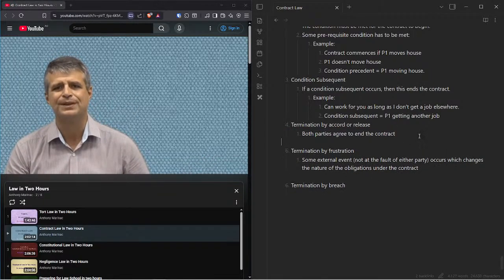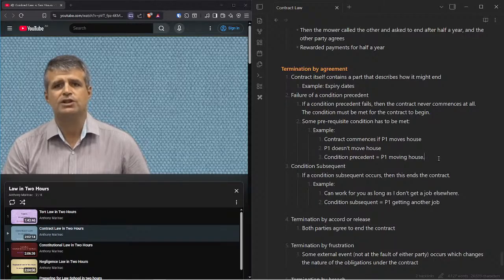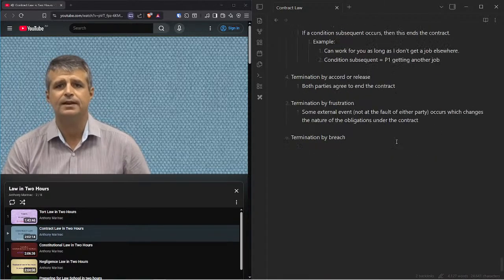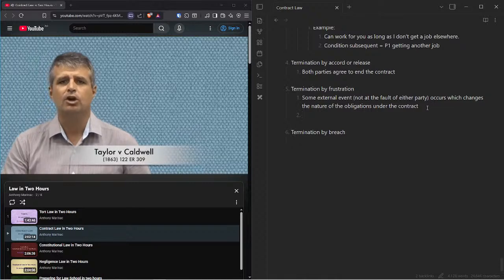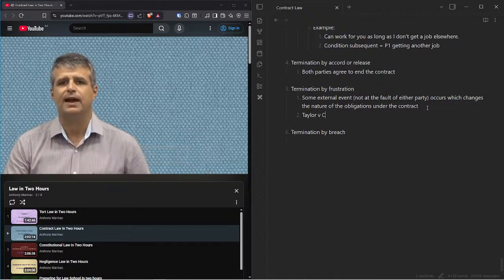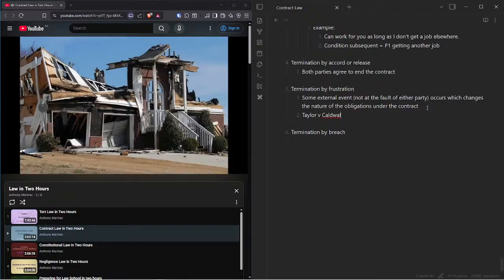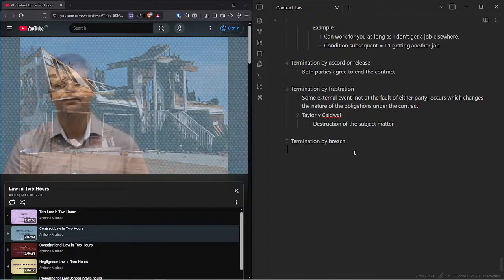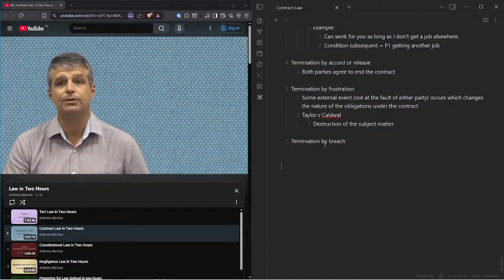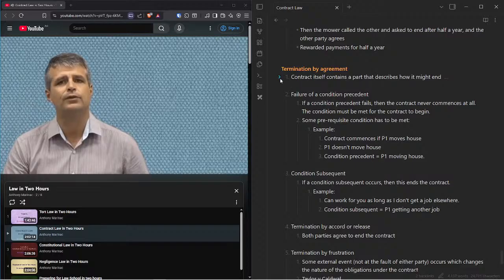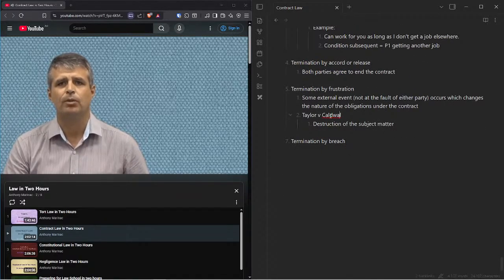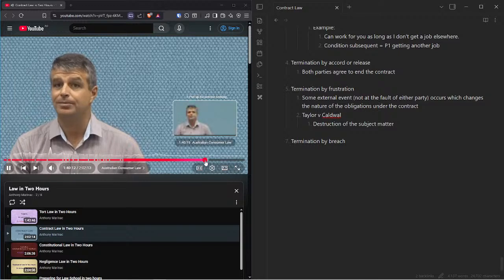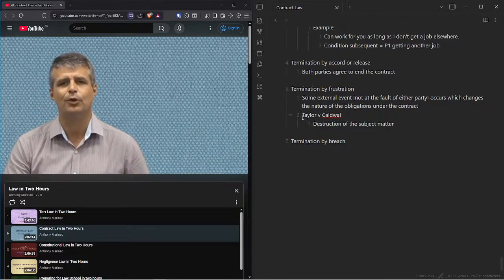Once you see some examples, so let's look at a few. The first one is the destruction of the subject matter. The classic case here was called Taylor and Caldwell, which was a contract for the hire of an amusement hall. Taylor and his compatriots went to some expense to prepare and advertise a range of events at the music hall, from which they intended to make money. But through no fault of Caldwell's, the music hall burned to the ground a week before the event. Taylor then sued Caldwell for failing to provide the venue. But the court found that the contract was frustrated. Promising to hire out an amusement hall becomes a completely different type of promise when the amusement hall burns to the ground.